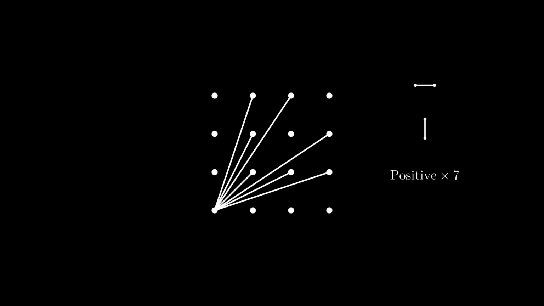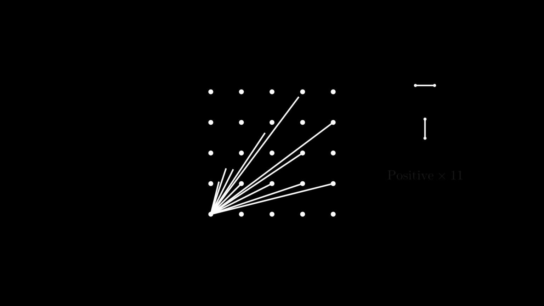How about a 4x4? First, there's slope 0 and infinity. Next, we have the positive slopes, which can be neatly shown starting from the lower left corner, and there are 7 of them. The number of negative slopes is equal to the positive ones, so in total, there are 16 slopes. Again, a max complexity pattern is impossible. We need the number of slopes to be less than the number of dots.